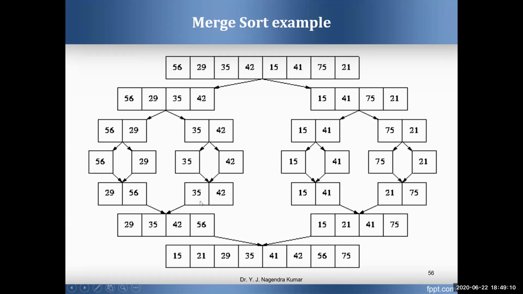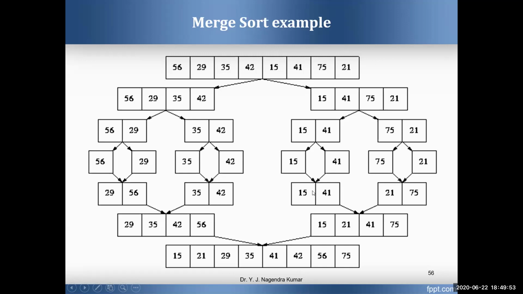Right? Now, if you observe the diagram here, first it compares 29 with 35. So obviously 29 is the smallest number, so that's why it is in the first cell. Okay, 29. Just strike off this 29. Now you have to compare 56 with 35. So 35 is the smallest number, that's why it is in the second cell. So strike off this 35. Now we compare 56 with 42. So 42 is the smallest number, that's why it is in the third location. So now the second array elements are over. Now only one element is left in the first array, so you have to dump the remaining elements into the next level of the array. So that's why 56 is in the fourth position.